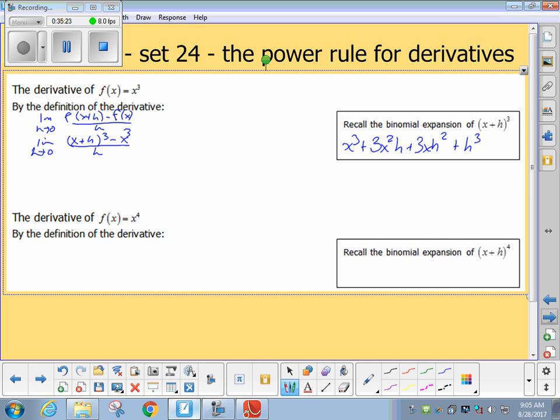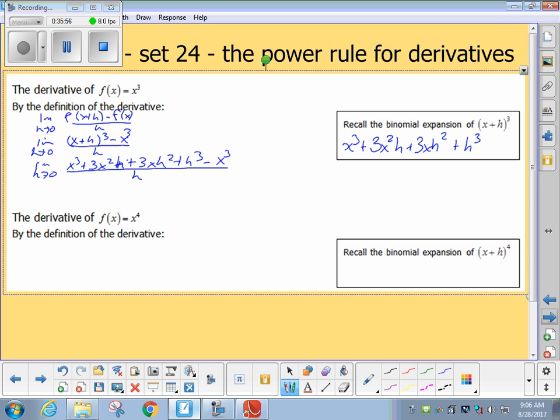Remember that there's really three patterns involved. The x powers decrease each time. The h powers increase each time. And then the coefficients we could actually get through Pascal's triangle or combinations if we had all the time in the world, but we don't. So, the limit as h goes to 0 of x cubed plus 3x squared h plus 3xh squared plus h cubed, if I plug that in,